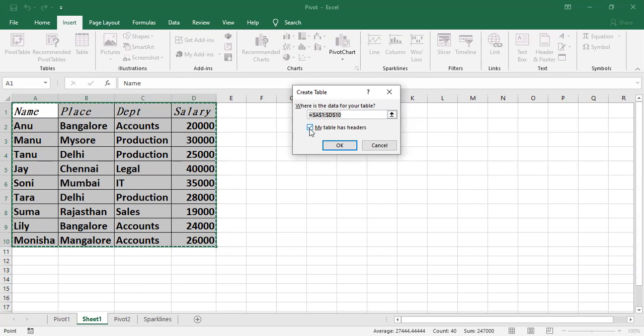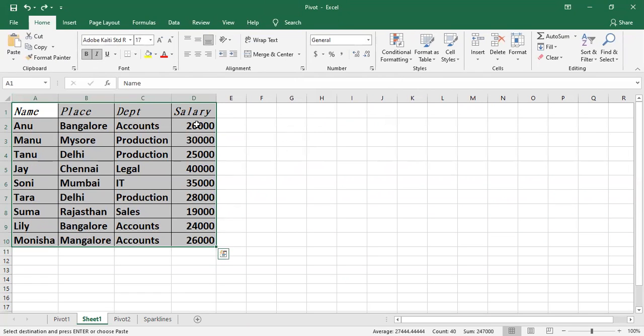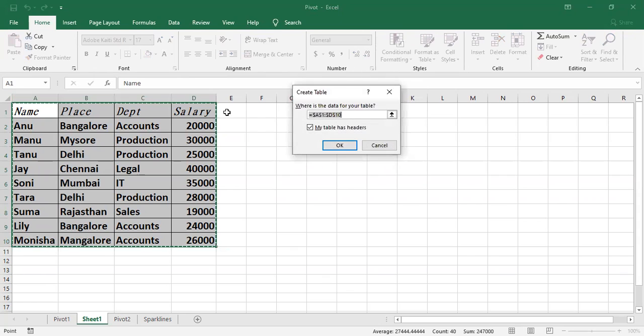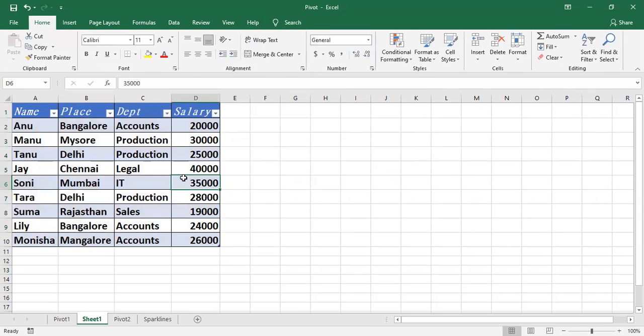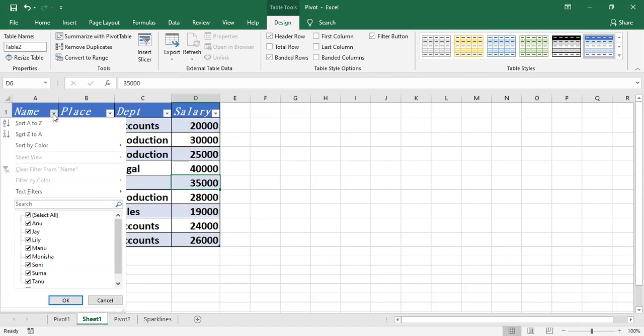Now here it is showing my table has headers. If I uncheck it and then click on OK, it will consider there are no headers for this. Okay, so if you have headers, don't deactivate it. When you have headers, it should be checked, and then if you click on OK, the table looks like this, where we have sort, that is A to Z, Z to A, sort by color, all these options under table. Okay,